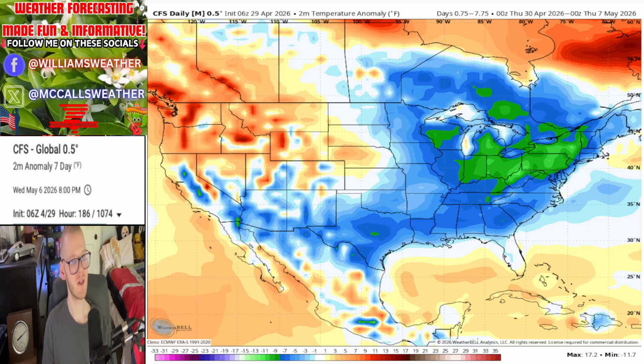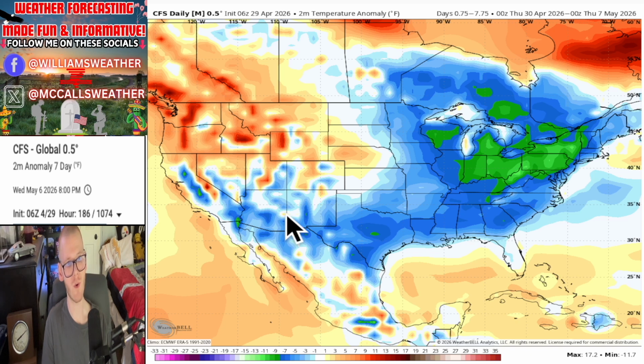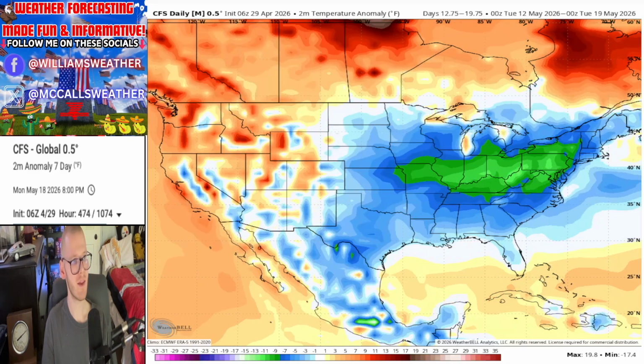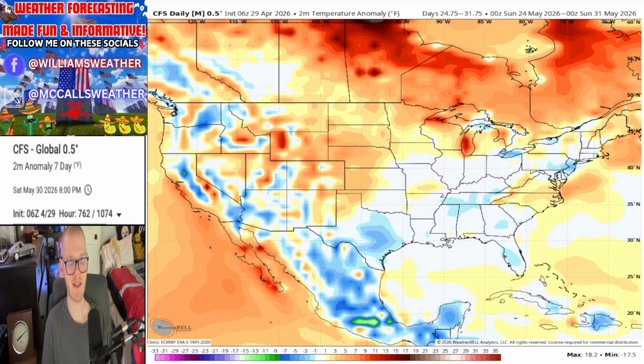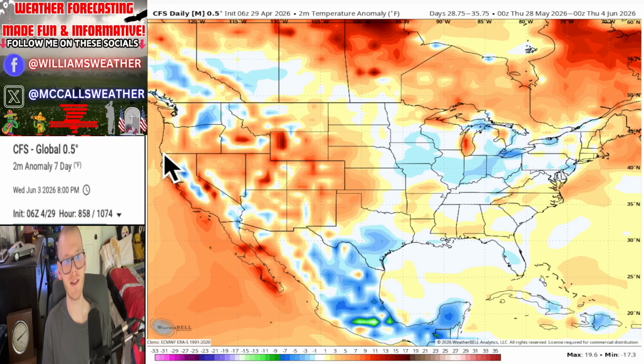Well, same story really. The Northwest and Rockies and a little bit of the Central Plains are coming in on an above average note, while the Southwest up into the Northeast and really much of the eastern part of the country is starting off May on a cool note. Head off into the middle of the month again, we can see much of the same story, and into the end of the month, much of the same story there. So all of the models are in agreement that really the beginning and middle of the month it's going to be cool out east, warm out west.